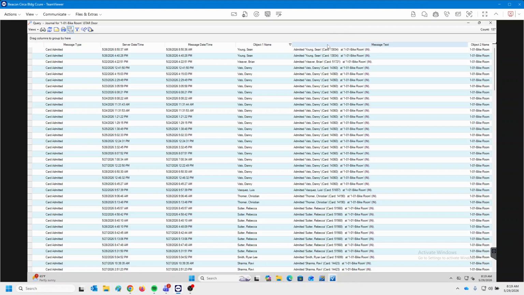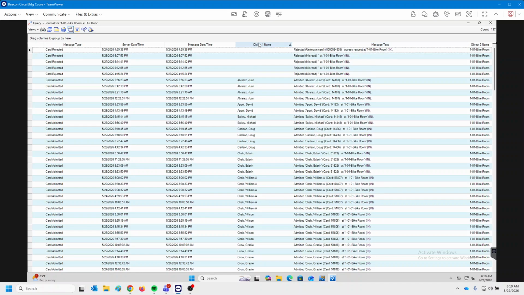But this is kind of handy. If I sort it by name, you can see this guy had 4 card reads. This guy had 2. There's another little tool here that's pretty handy. There's a line here that says drag columns to group by here. So I can group this, and get a quick and easy representation of how many times